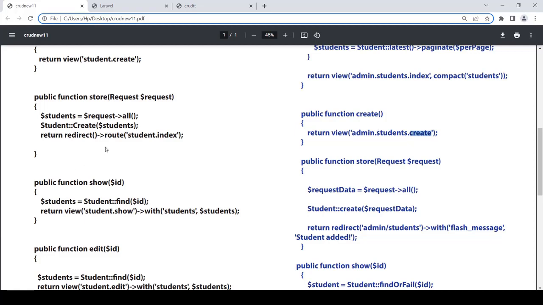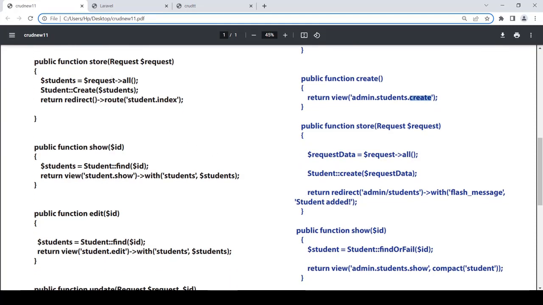After that you can see the third function is the store function. You can see here, this is the store function we wrote ourselves. Okay, what are the values? They fill in the form and click the submit button. All the data comes here in the request. I already explained this. We receive all the data and pass it to the variable students. After that we have to store the records